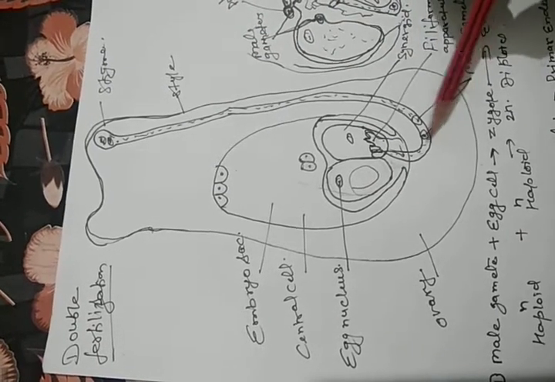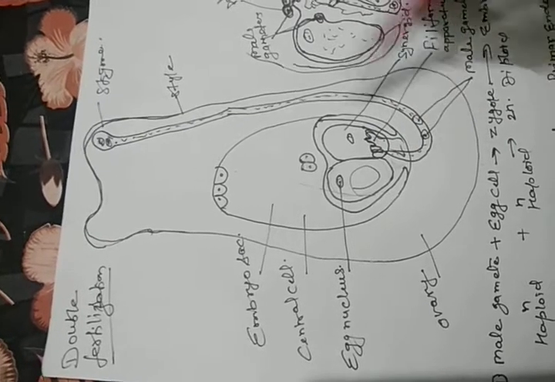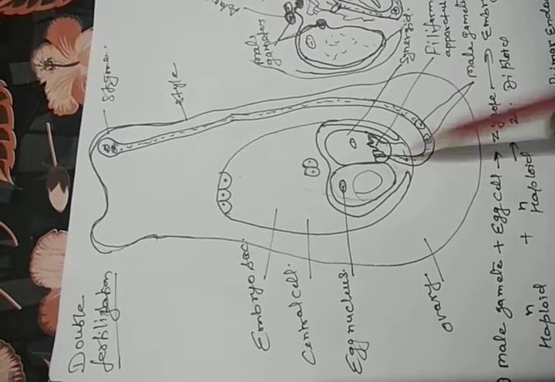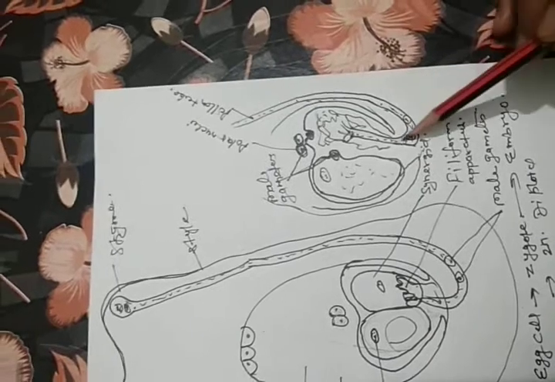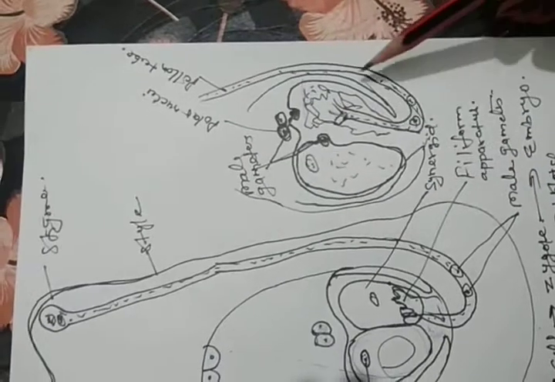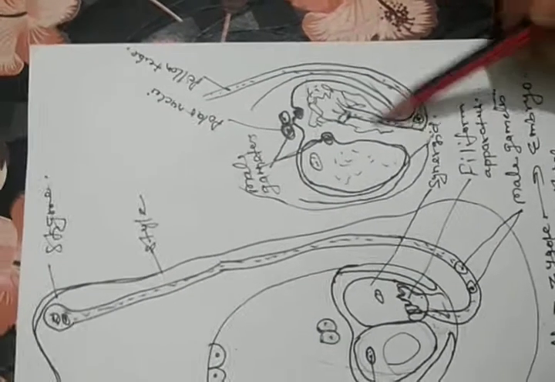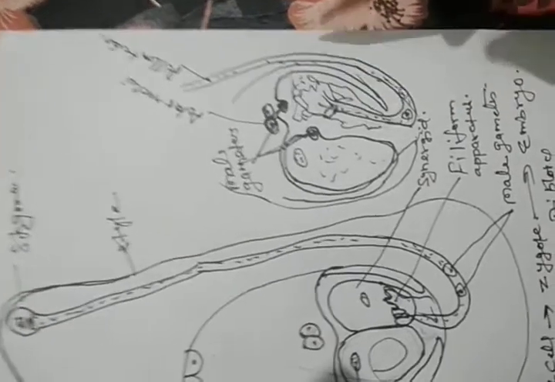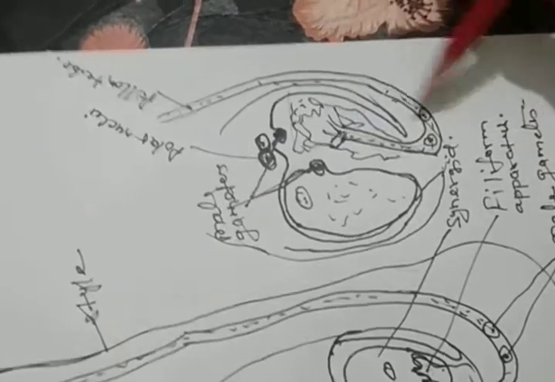Now after the pollen grain germination, this pollen tube passes through the style, reaches the ovary and enters into the ovule through the micropylar end, and there are the 2 male gametes. Now this pollen tube enters into one of the synergids. There are 2 synergids, but 1 synergid degenerates, so it enters into one of the synergids, and the filiform apparatus guides the pollen tube to enter into the synergid. When this pollen tube enters into one of the synergids, it discharges its two male gametes.